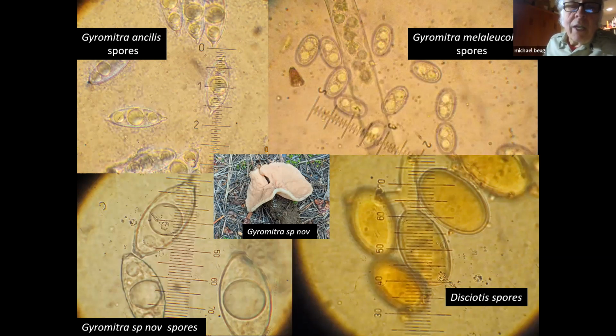So if you want to study any of the Ascomycota, it's really important that you get a fresh spore print. I actually spore print my mushrooms directly on the glass slide, and you use either water or Lugol's, and never mount them in Meltzer's or in KOH, because that can change the features of the spore itself. But we tell them apart: Gyromitra ancellus spores are kind of thin, but they have these little